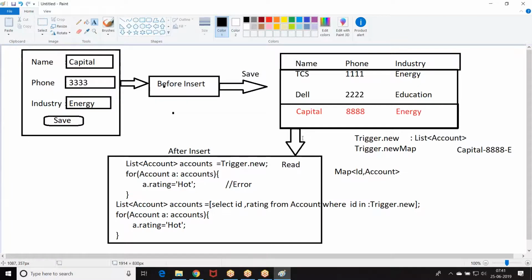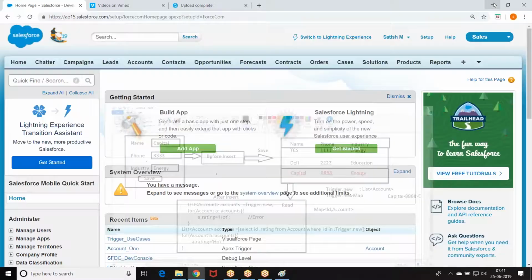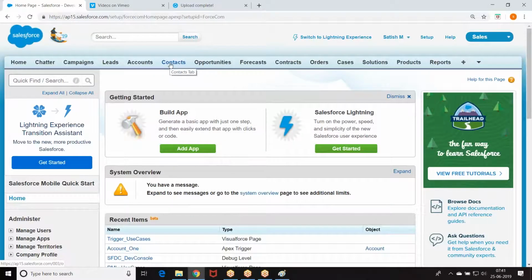So here, which trigger do I have to use? Before or after? After inserting the account, create the account team member. Now, again I repeat, if a group of people want to collaborate and deliver services to the customer, then we form them like a team, which is called an account team with team members. Both of them are standard objects.